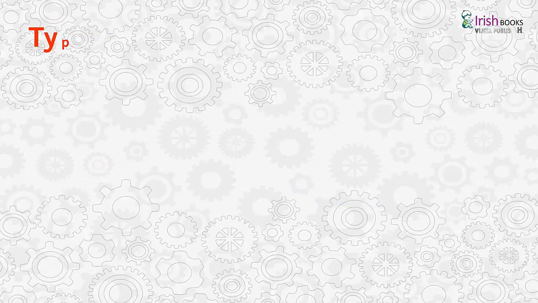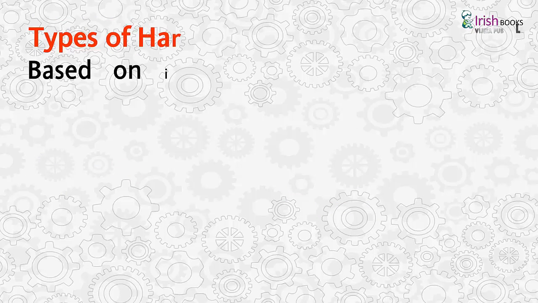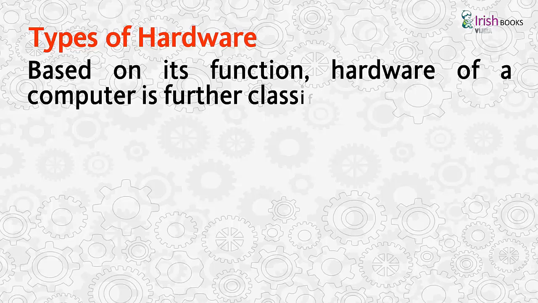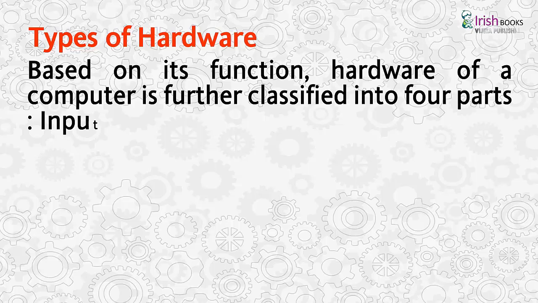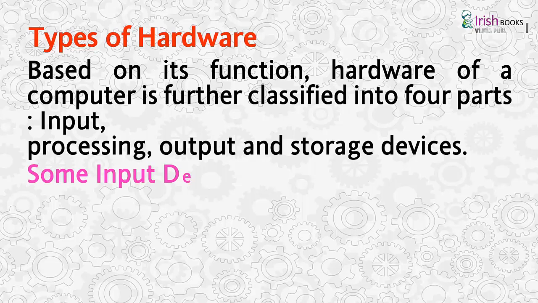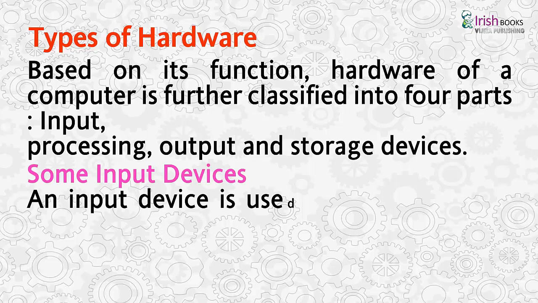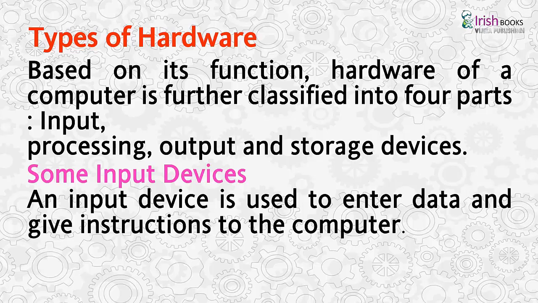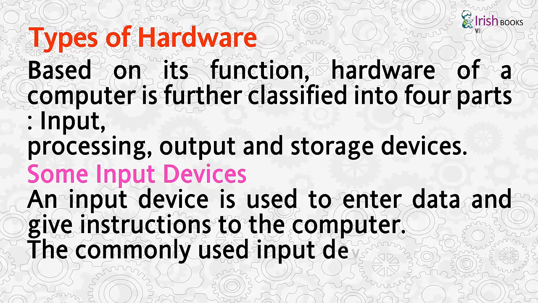Types of hardware based on its function. Hardware of a computer is further classified into four parts: input, processing, output, and storage devices. Some input devices. An input device is used to enter data and give instructions to the computer. The commonly used input devices are: